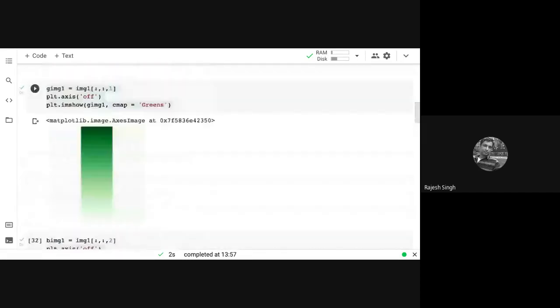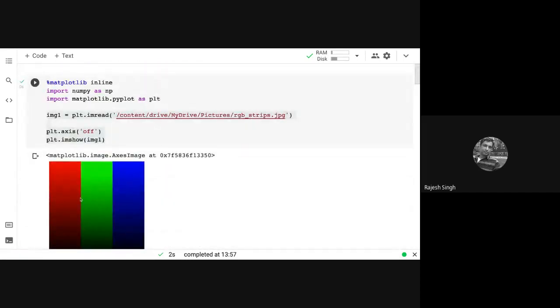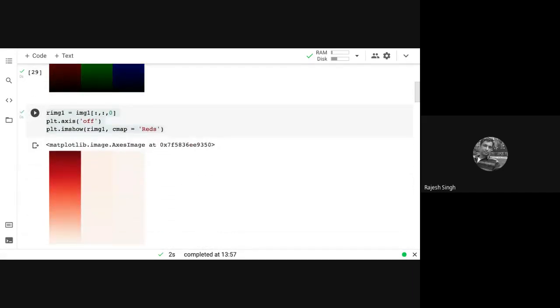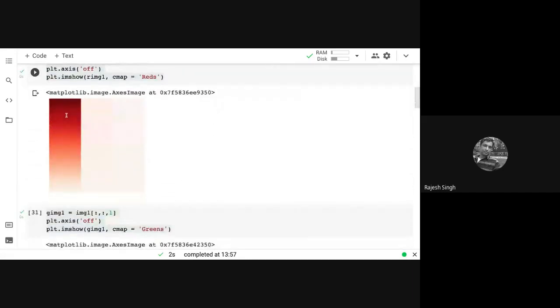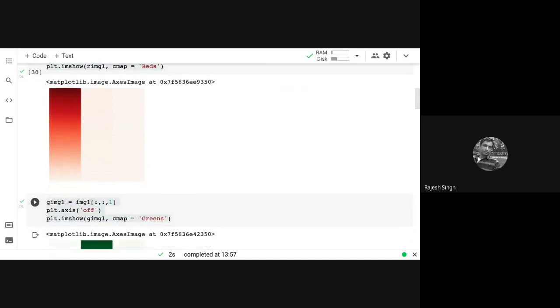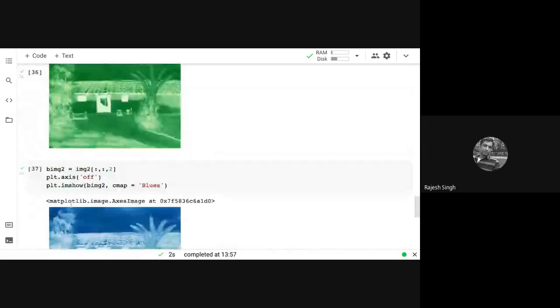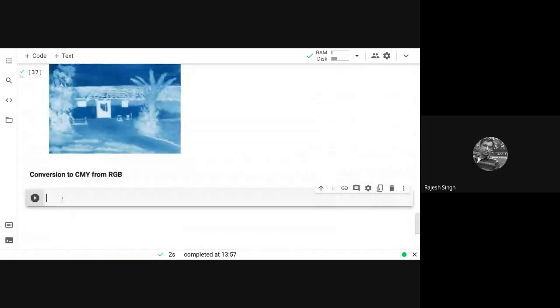So let us first do the conversion in the first case, because here it is easy to visualize and see. So here my R component is RIMG1, GIMG1, and BIMG1. So let me create the 3 components, starting with cyan. So how do we do the nomenclature? IMG1 is my root image.